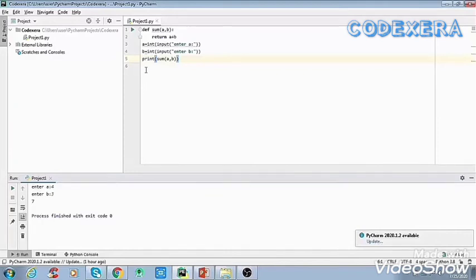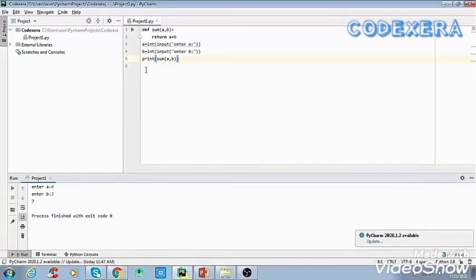And now we are done with our functions topic in Python. Now I will give you one more example, that is default arguments, that is, default parameters. Python allows us to initialize the argument at the function definition.